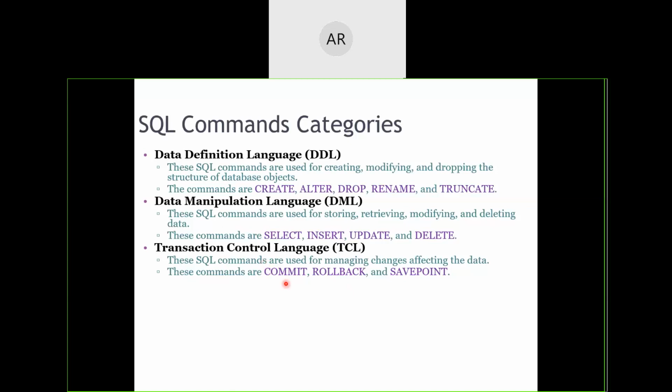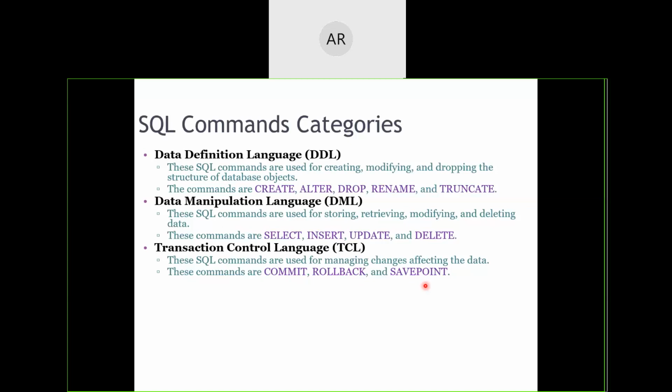If you have done with the operations, then you will apply a commit command, which will make the changes permanently stored onto your hard disk. When you say rollback, those temporary operations which were done will be reversed, will be rolled back. Save point will create a temporary bookmarking point, so that if something goes wrong beyond it, you can still roll back to that particular save point.